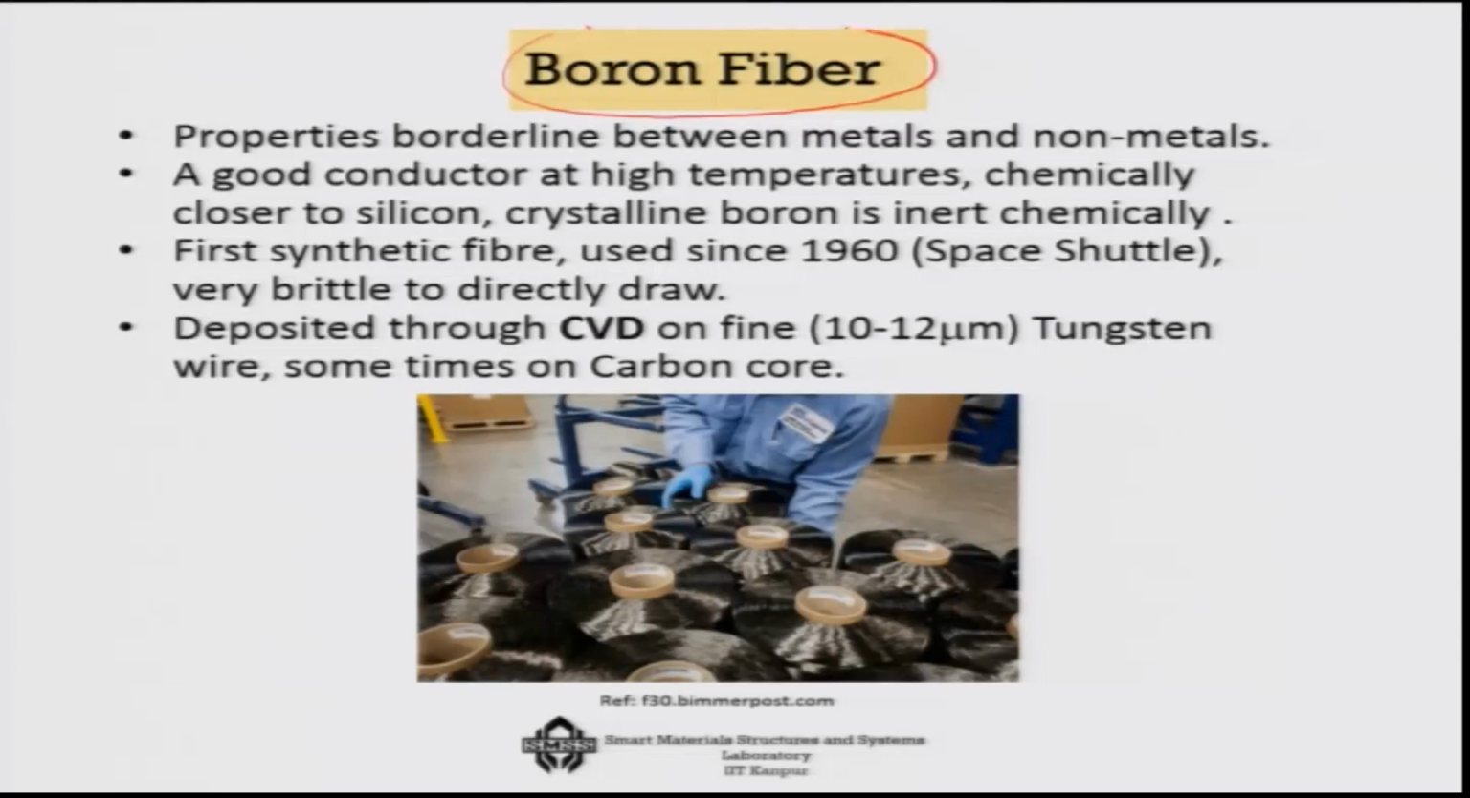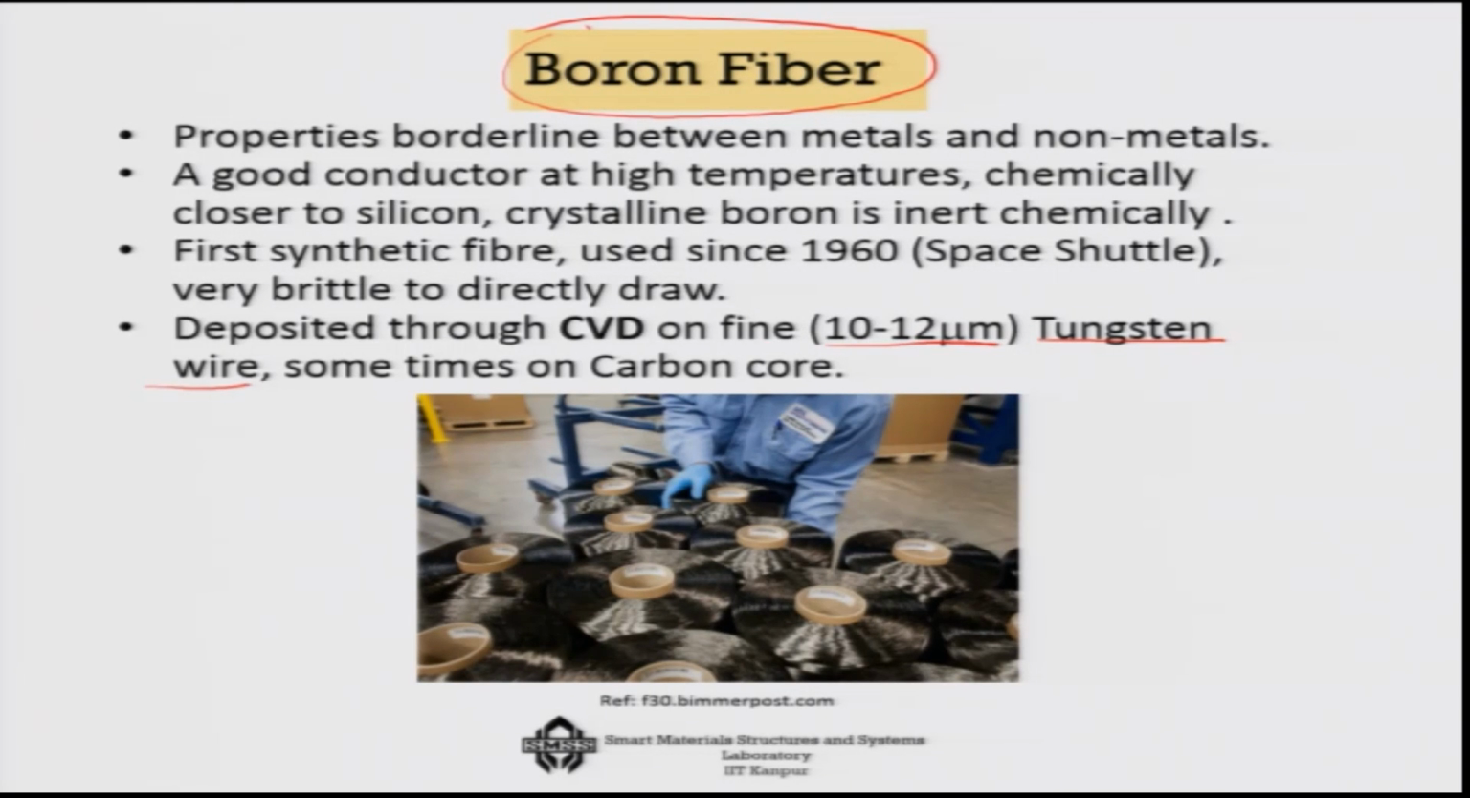The second one is not very popular, because it is very expensive to make, and that is boron fiber. It was generally used in space shuttle type of applications, and what one has to do is vaporize the boron and then deposit it on tungsten wire. That is why finally the fiber is not very thin, it is something like 75-80 microns, because it contains inside 10 to 12 micron of tungsten wire. So, however,